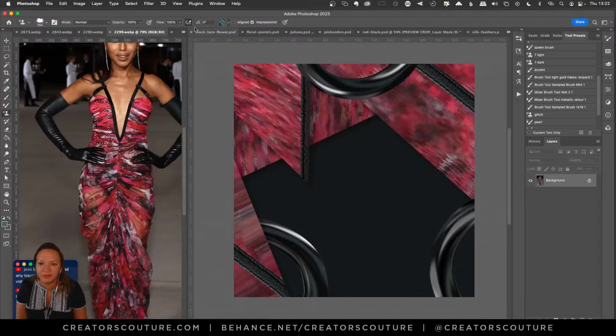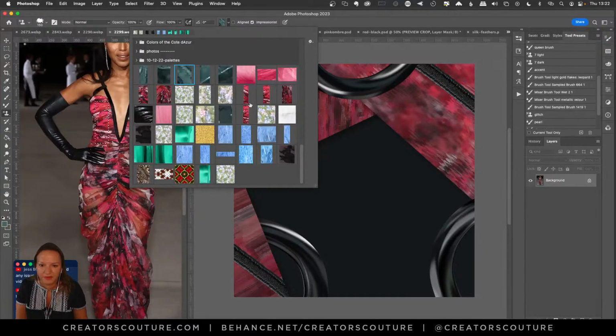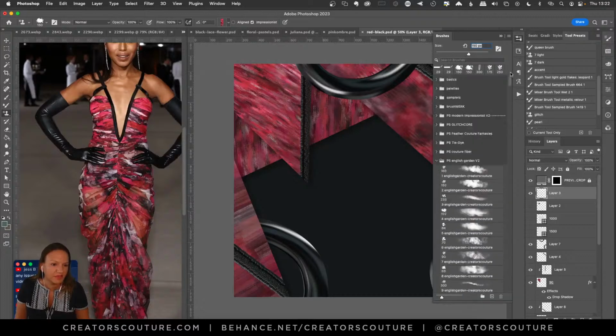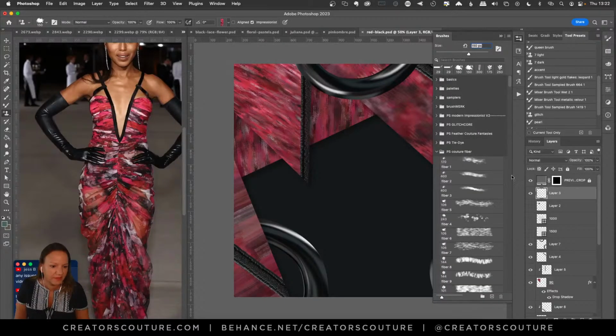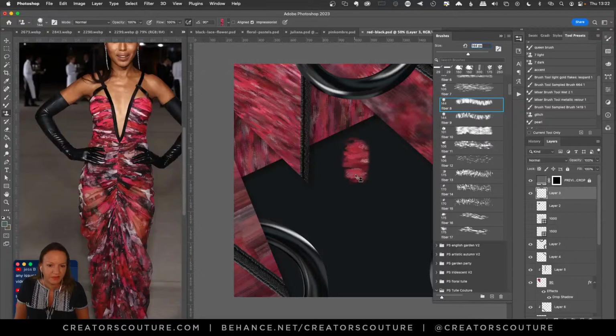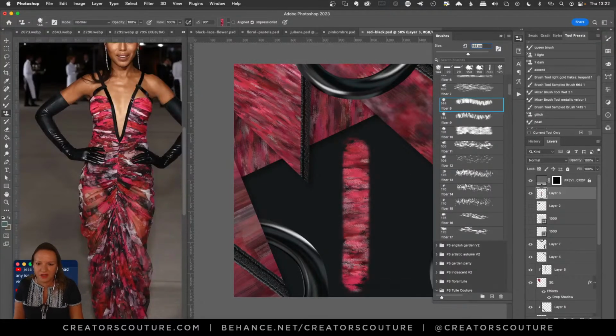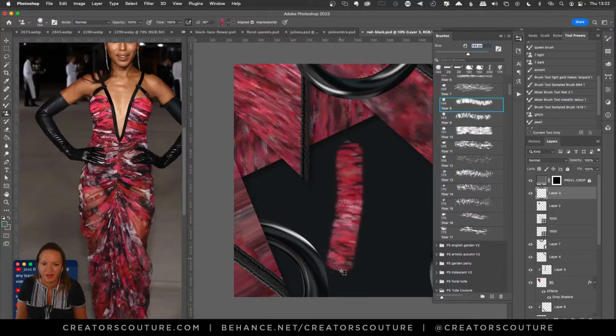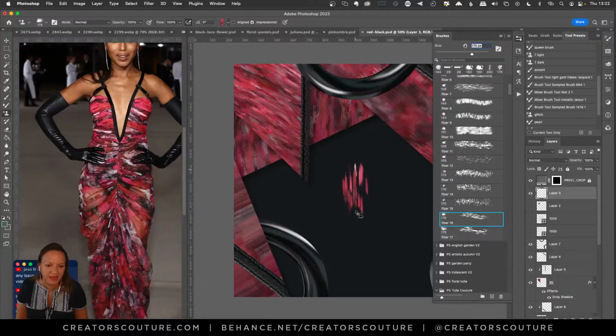I can take one of my color blending brushes, grab one of the patterns that I just defined from that image, and we're painting from images. And so now if I go over here, I can just play with my different brush collections. Like I'll pop into this couture fiber, and now we've got those colors coming out straight from the look. And really I have the most fun, I swear, when I can find a print like this and just play with that.